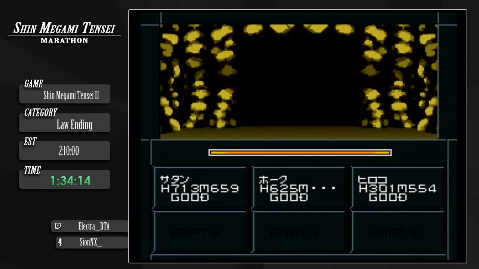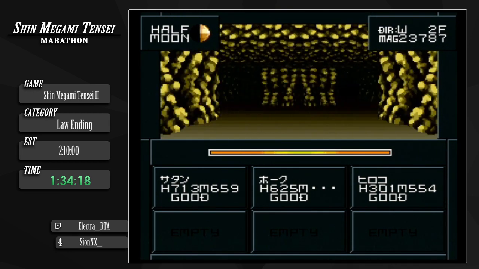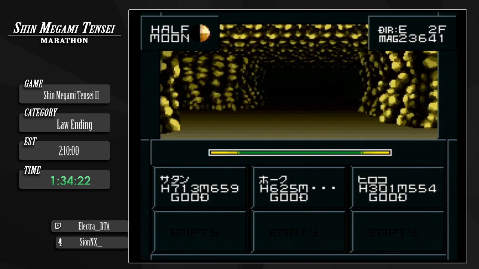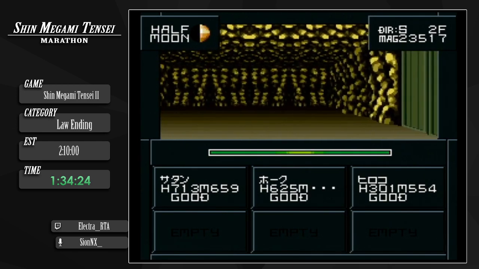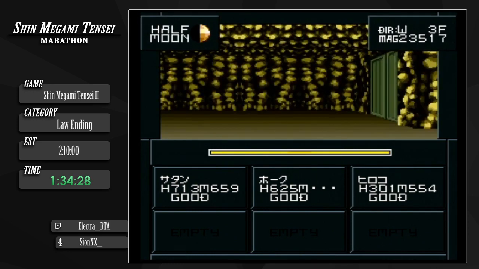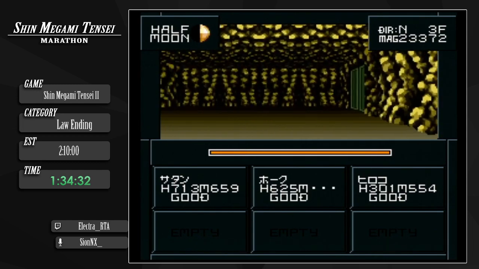Alright, there's a specific moon cycle I want to be on for the final boss, and it requires me not escaping from that many encounters in this dungeon. It shouldn't be that big of a problem. Luckily, we haven't been getting any, so...